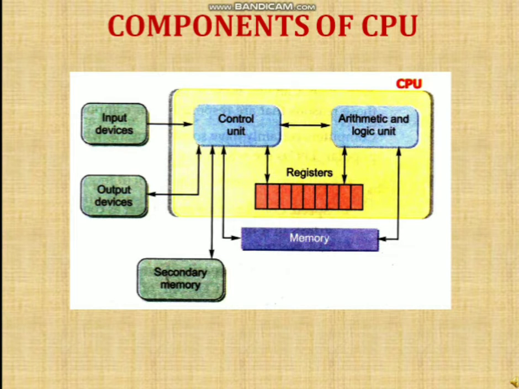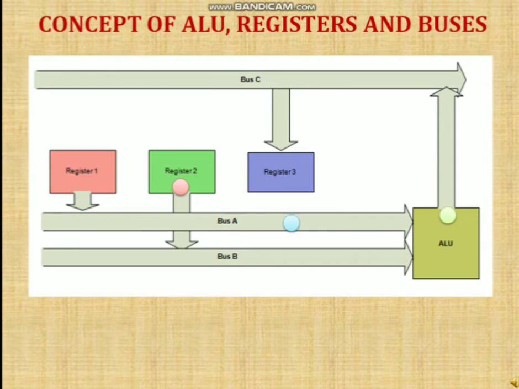Arithmetic logic unit is the unit which is responsible for algebraic operations such as addition, subtraction, multiplication, division and so on, and logical operations, such as greater than, less than or equal to. While control unit is the unit which controls the complete system, and the data flow from one part to another. Now the question arises, what are registers?